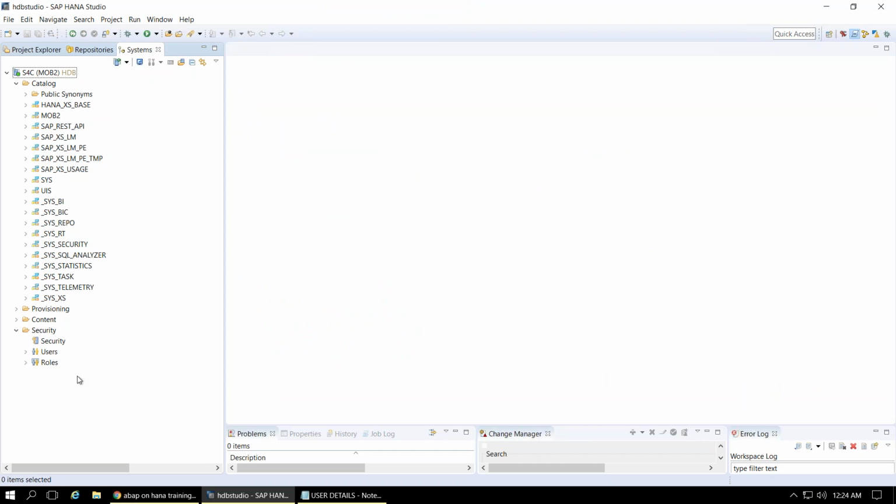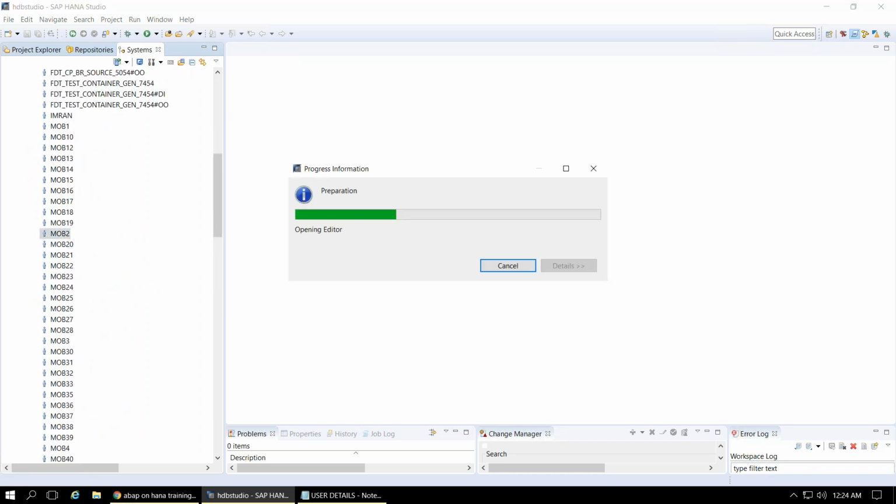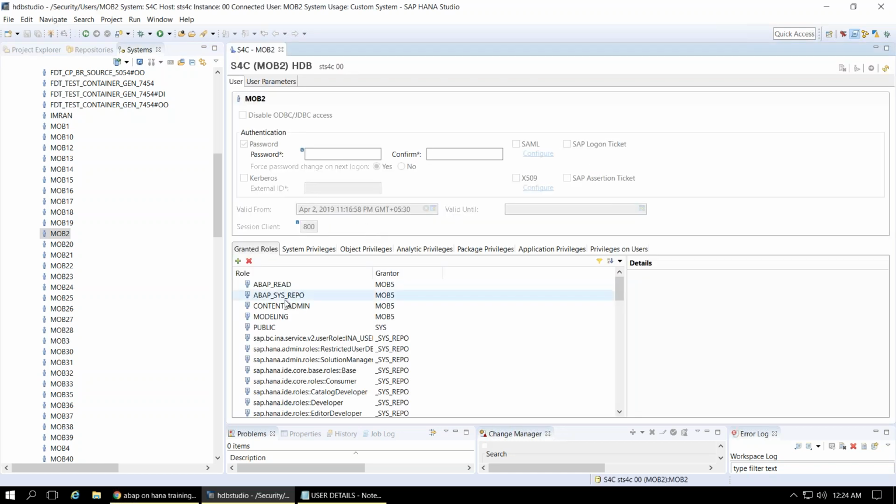Okay, so now I have gone ahead as Meenakshi's user and changed the user security. So if I reopen my own user mob2 here in the security tab, I can show you what authorization was given to your user. This is exactly what Meenakshi will give you. She is the administrator and she will give you the authorization. So you see, I have added repo read and sys repo, these two things,